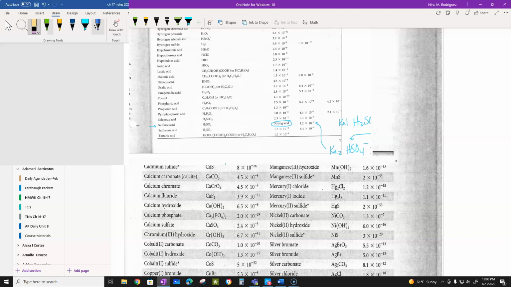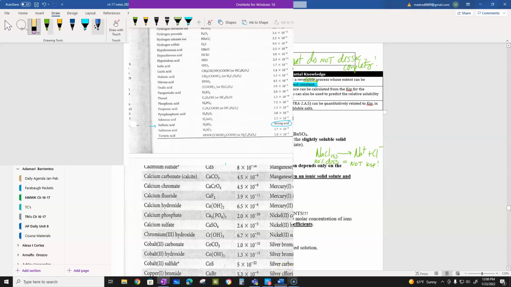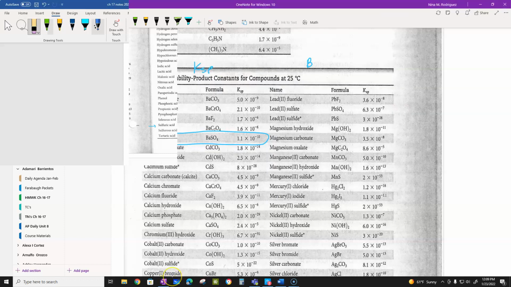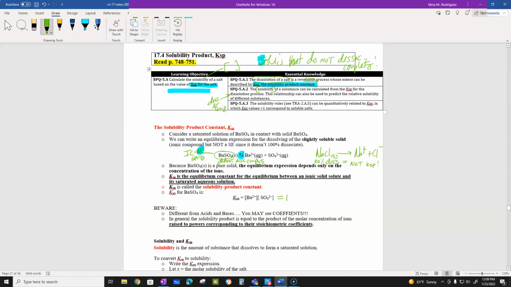And what these are, okay, let's take barium carbonate. Actually, let's look at the one that was in the notes. Barium sulfate, right there. That one was in the notes. Barium sulfate will dissociate partially into barium and sulfate. Be very careful of those charges. It has a Ksp, according to that chart, of 1.1 times 10 to the negative 10. Now, what do we know